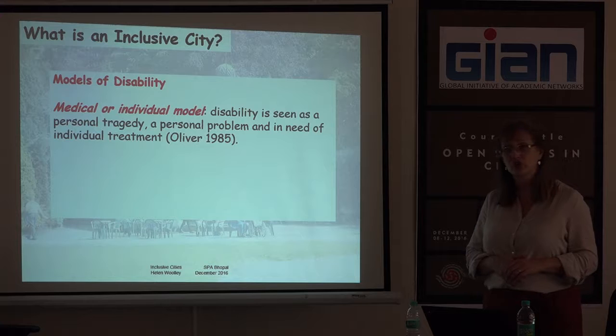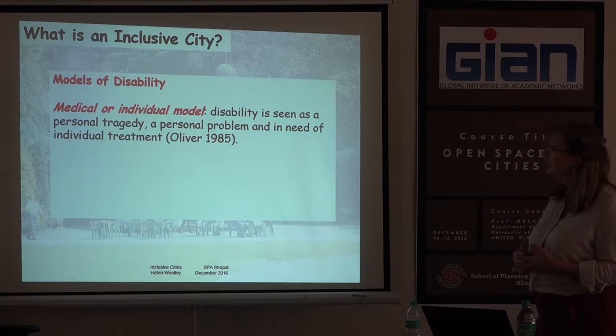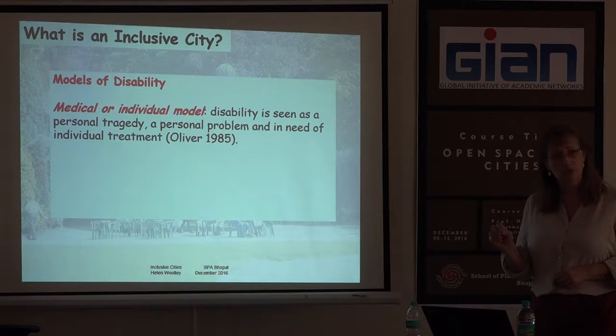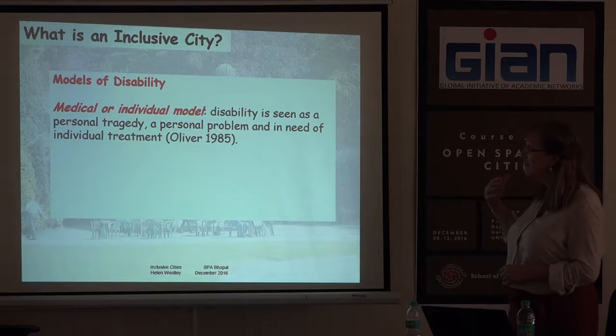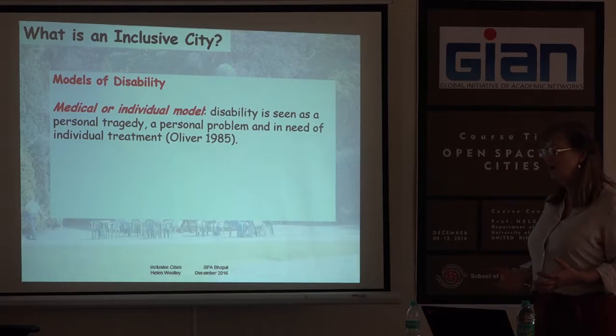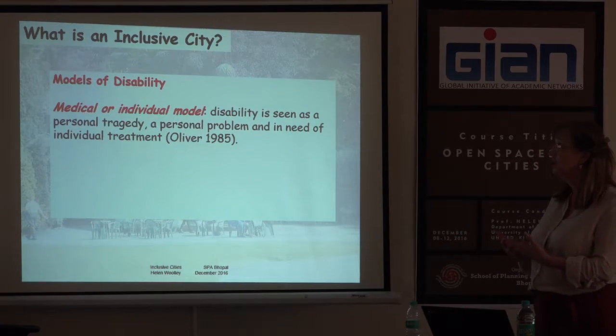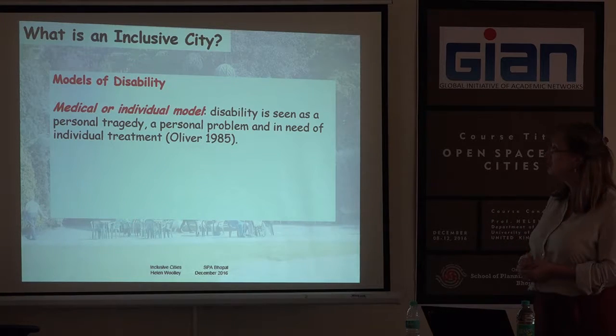So there has been a tradition that for disabled people, their experience of life is described by what's called the medical model of disability, where disability is seen as something of a personal tragedy, it's a personal problem, and in need of individual treatment. And I think that's because it's seen as a medical thing, and doctors and nurses and physiotherapists treat people. And they have been the people mainly working with and for disabled people. And I think the built environment professions perhaps